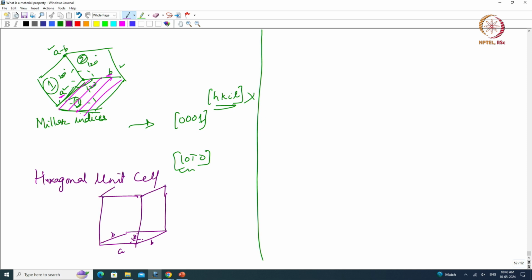Something like that, on those lines. Okay, so that is your hexagonal unit cell. The only difference between a tetragonal and a hexagonal unit cell is the angle between A and B, right? That is 90 degrees there and it is 120 degrees here. Alright, so now let us look at what a trigonal system is,